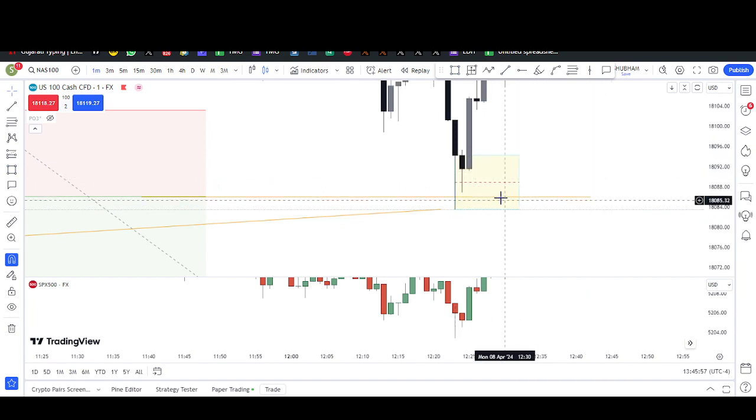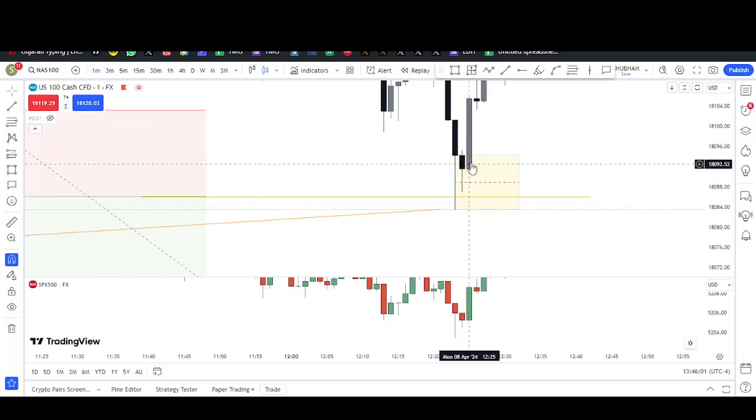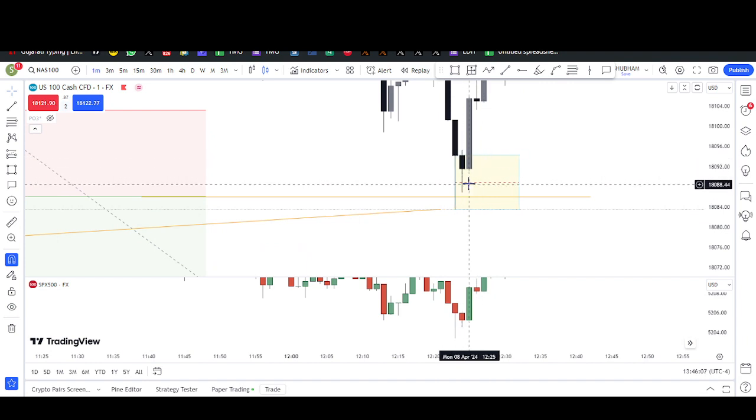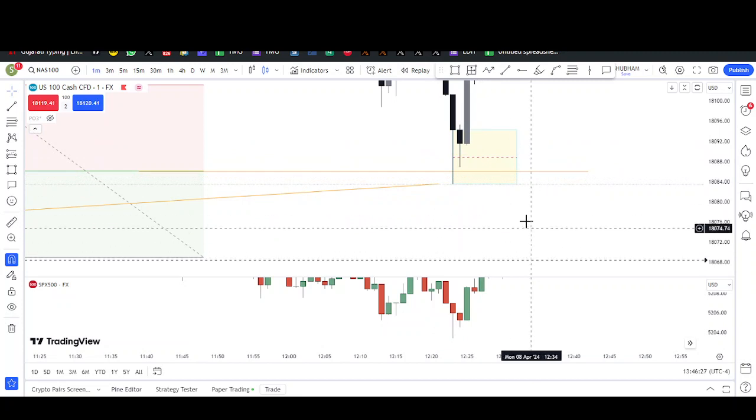If you know that ICT in his series of high frequency scalping says that if price wants to continue lower, this candle or candles ahead of it will start closing below this midpoint of the wick. If this candle would have closed below the midpoint, I would have not entered long at any cost. Because if the candles are closing below 50% of this wick, then there is a very high chance that they are going lower and taking out this wick and maybe even more lower, right?